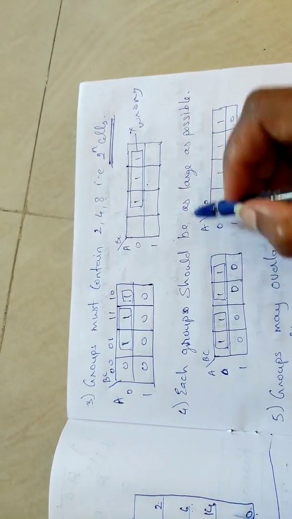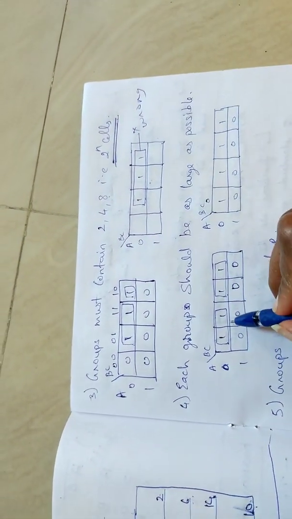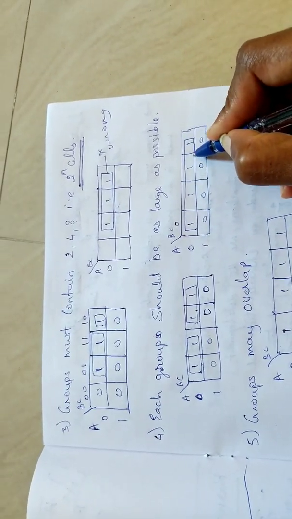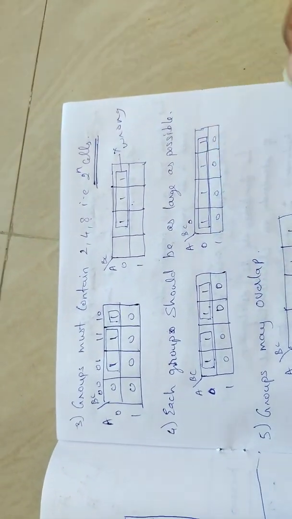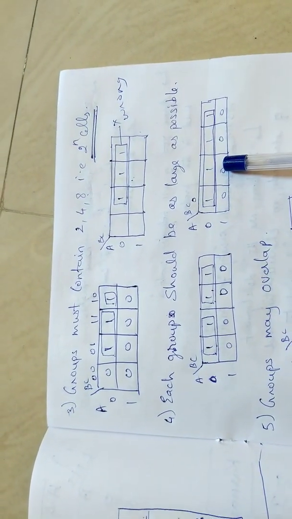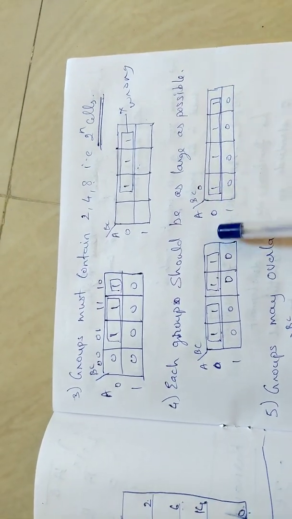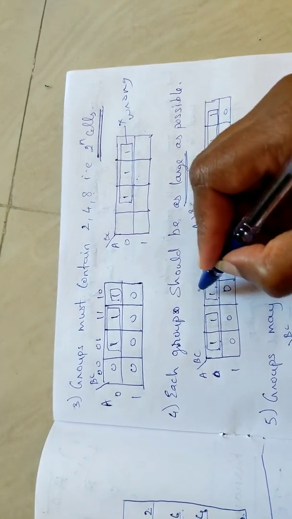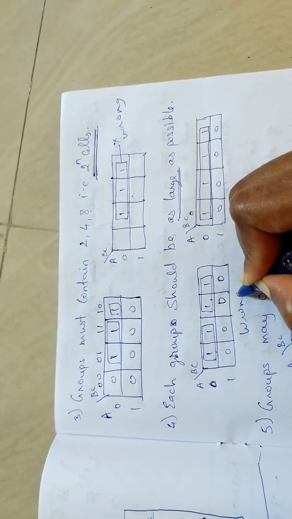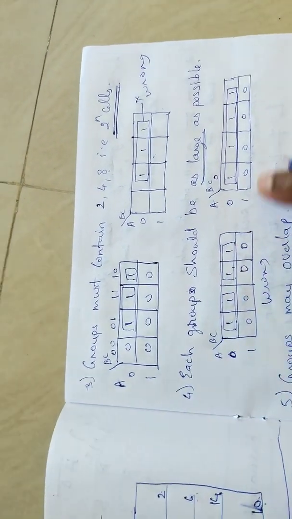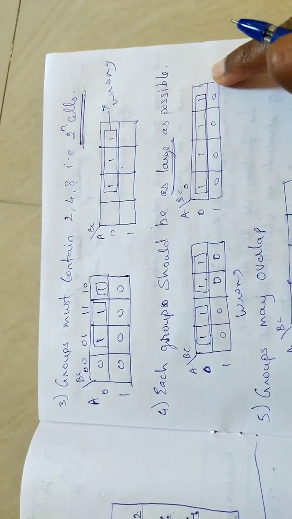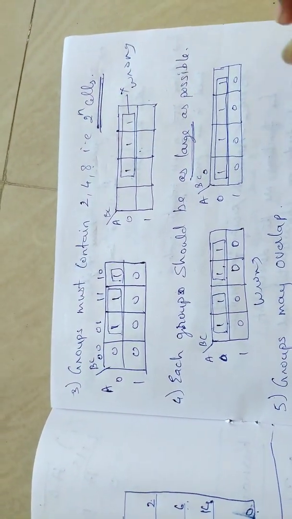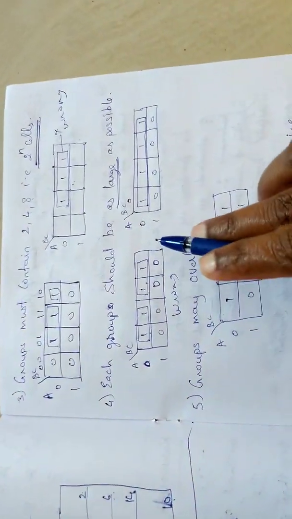But what is the main rule? As much as possible. If I can make a 2, 2, instead of this I can make one single 4, which can further reduce my expression when I'm solving an example. So make it as large as you can. If I'm getting a continuous run, do it. This is wrong: instead of making 2, 1, combine it if it is possible and make it as large as possible. That is the meaning of as large as possible. That is your fourth rule.